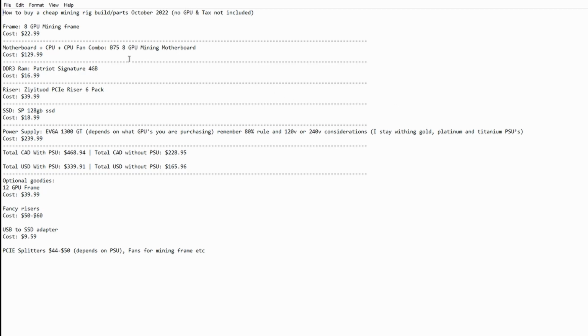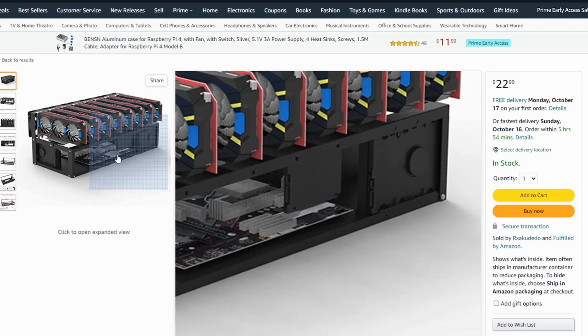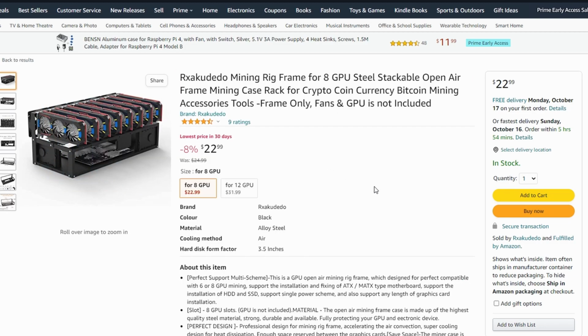So the first part we'll talk about is the 8 GPU mining frame, coming in at $22.99. You can purchase this 8 GPU mining frame on Amazon, and yeah, it's $22.99. I personally have a few of these. They're okay mining frames. I have a video comparing them to my 12 GPU mining frames, but in terms of